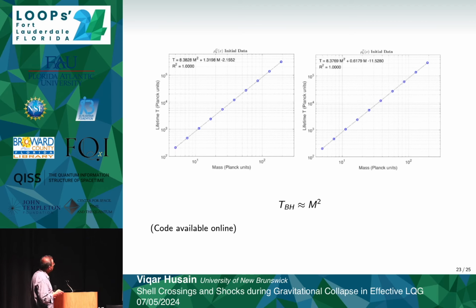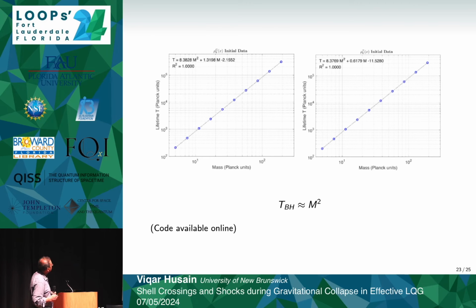And for both of them, what we did is we numerically determined the lifetime of the black hole, and the lifetime of the black hole essentially is determined by when the roots in the outer trapping, outer expansion function form, and when the roots disappear. And that's something we can track numerically. So in both types of initial data, we found that the lifetime of the black hole, lifetime of the trapped surface region, is proportional to mass squared. So you can see this is quite a range of masses and quite a range of lifetimes that we studied numerically.